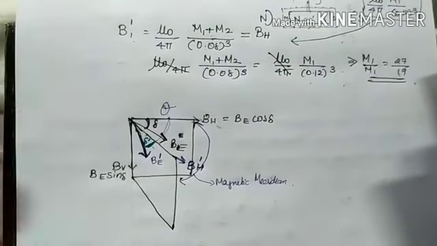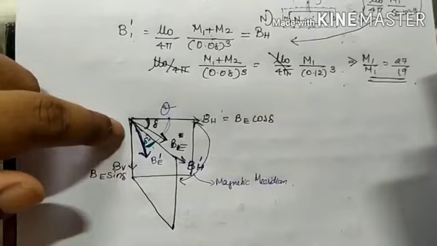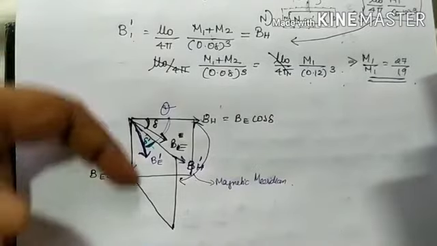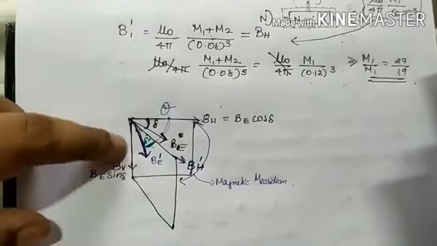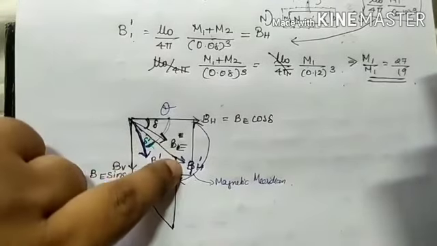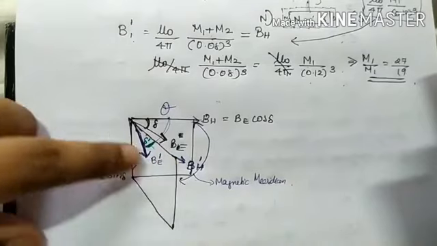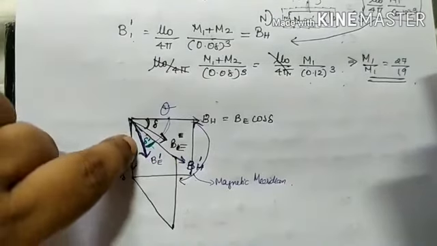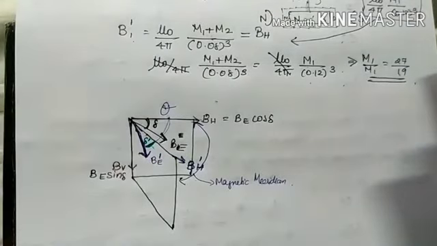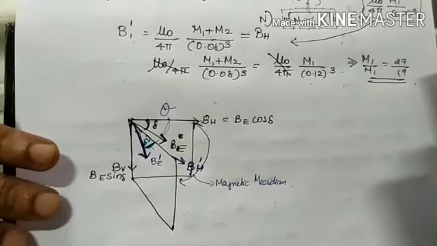The angle between two planes: the angle between the horizontal and the true net magnetic field, and the angle between the false horizontal component and the false net magnetic field. This much is clear. Now we are going to the derivations, guys. Please listen to how we are going to move now.